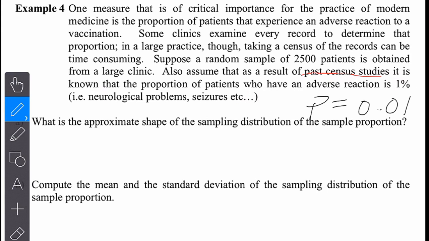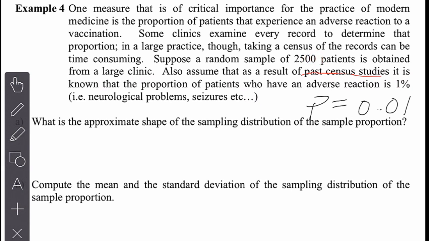What is the approximate shape of the sampling distribution of the sample proportion? All right, so what is this? I'm asking you, so whenever you do these problems, you have your formula sheet next to you. This corresponds to formula number 2. Since we have a large population, a large clinic, right? So we're assuming that means that